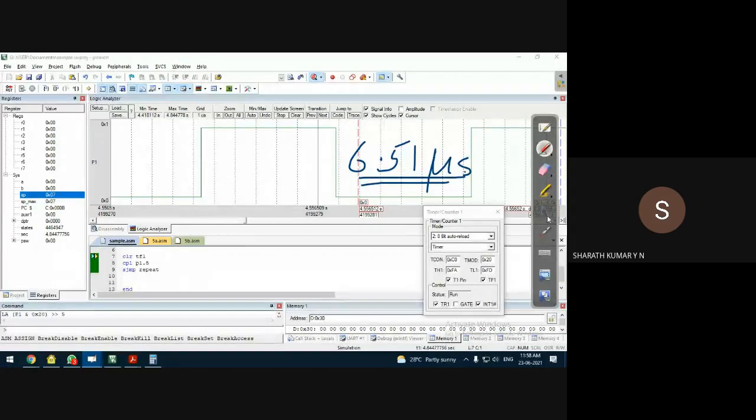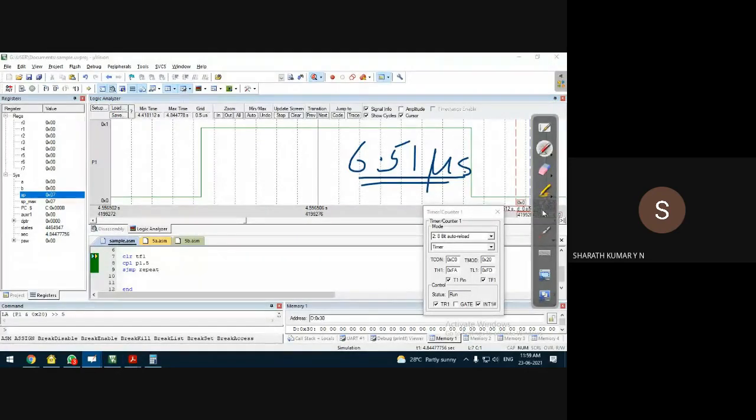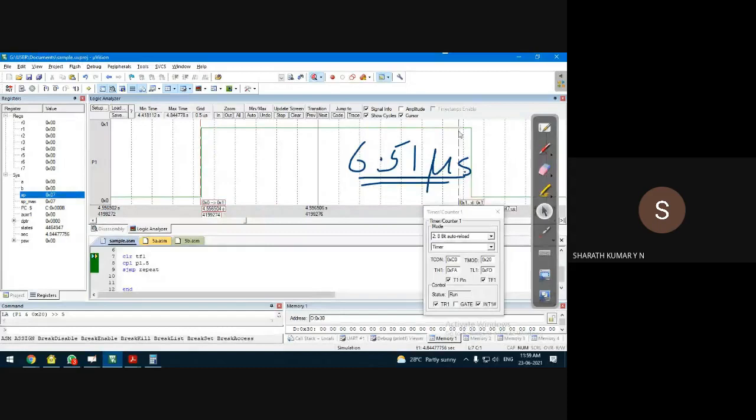Let us count the delay generated by the timer. Okay, zoom in so that we can measure accurately if possible somewhere here. Okay, fine. So let us measure from this end to this end. We have to place it properly. No, this is better.